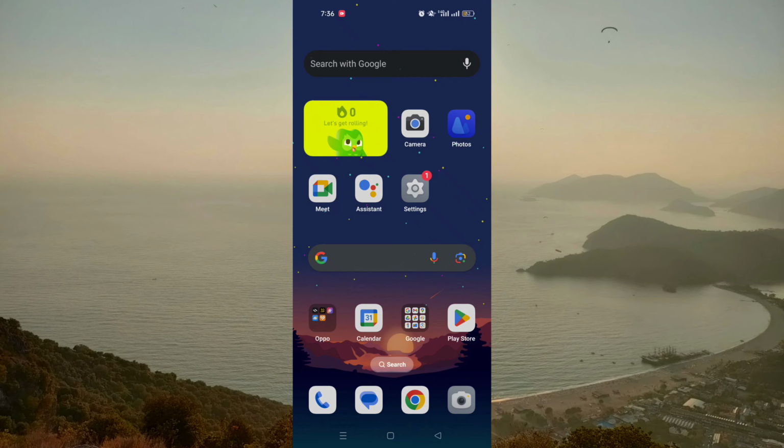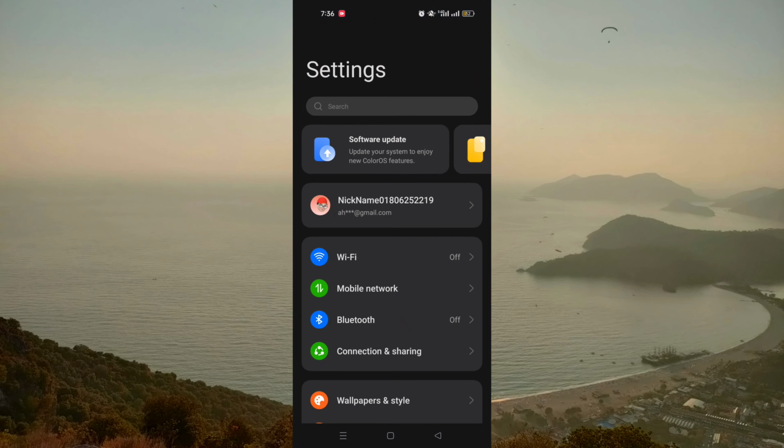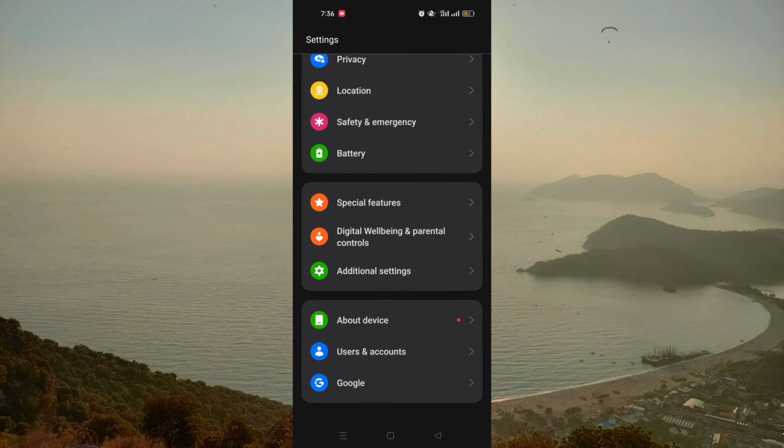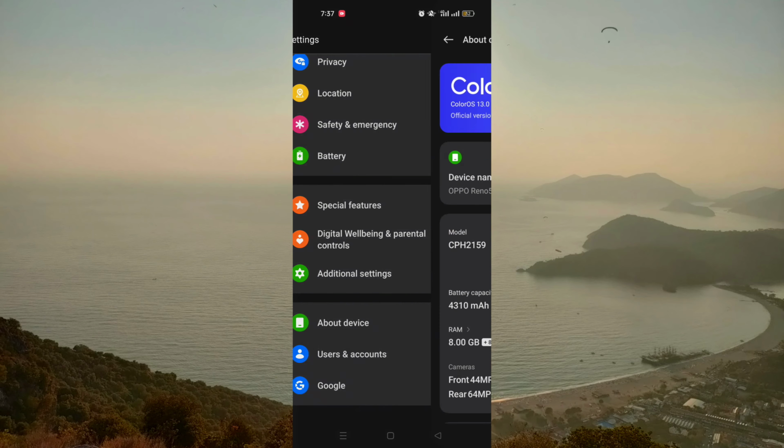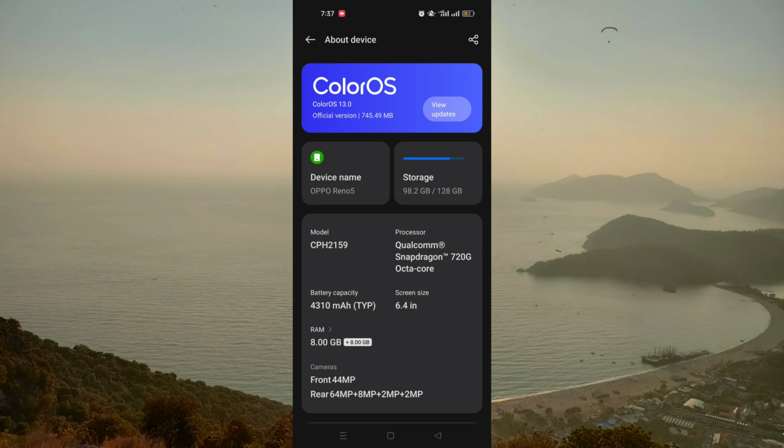In today's video, I will show you how to update the software of your Oppo phone, or the system of your Oppo phone. So first of all, you need to go to settings, and after settings you go down until you find this option called About device. You click on it, and after that you just click on the blue icon, ColorOS,